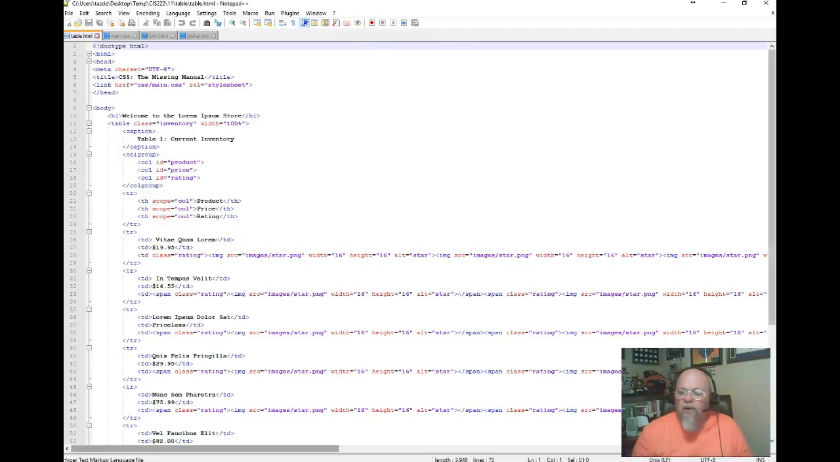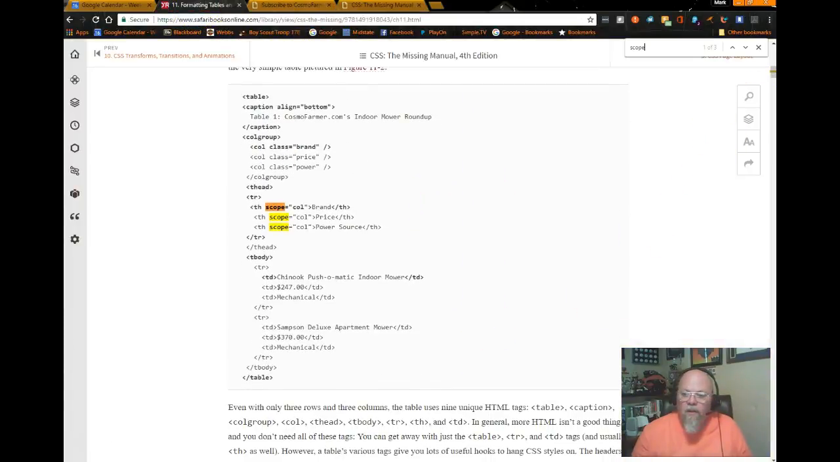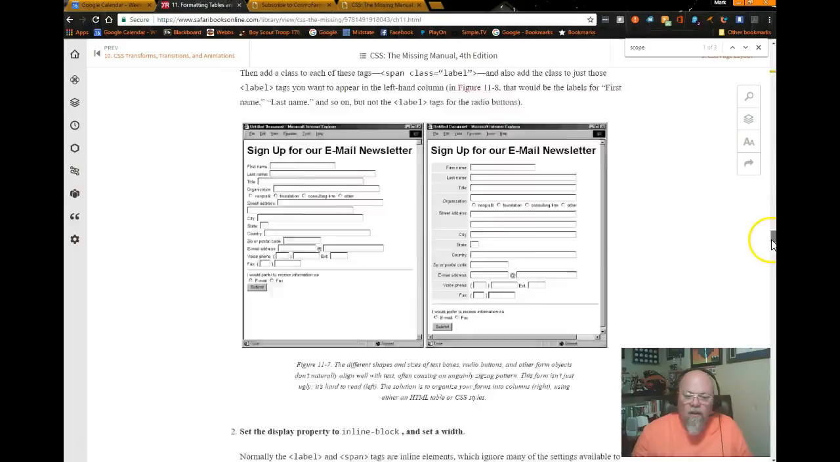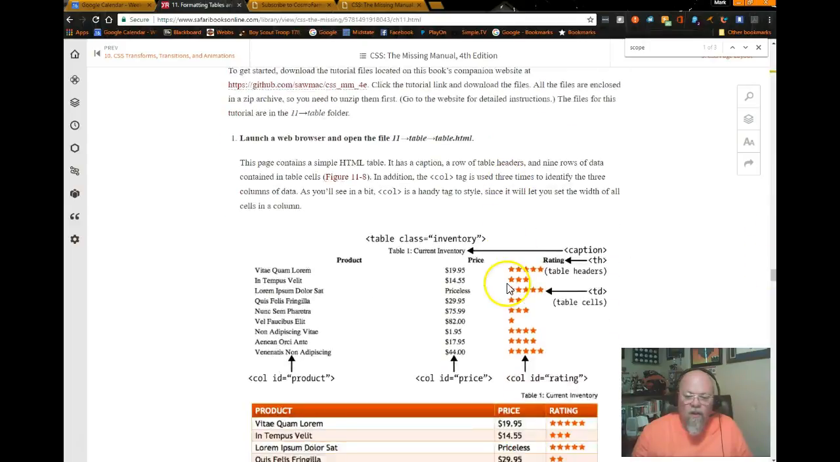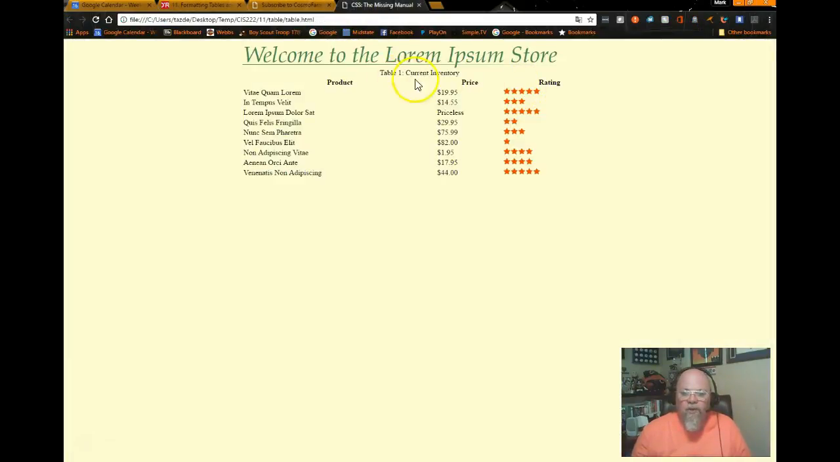Let's get back to the book. Okay, so this is basically what we want the table to look like. Notice we've got our table 1, which is our caption, up here to the right. Currently, it's right smack dab, well, close to the middle. So